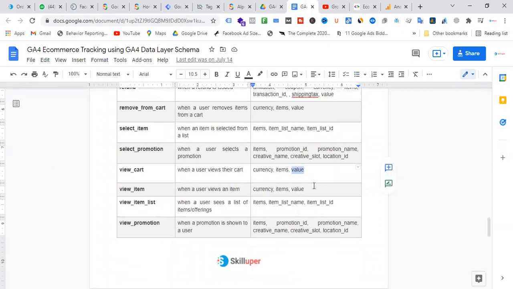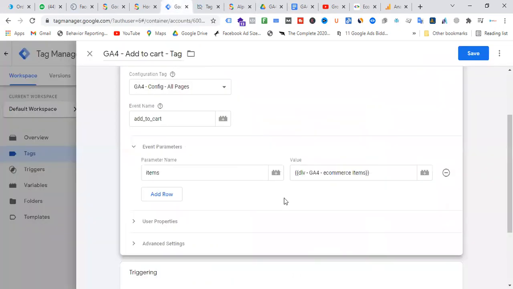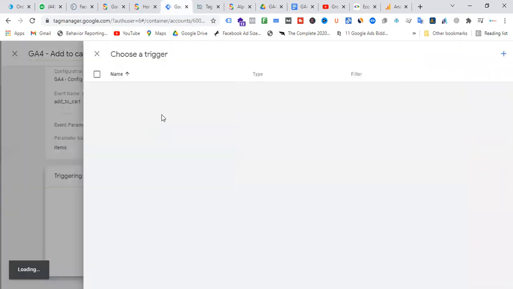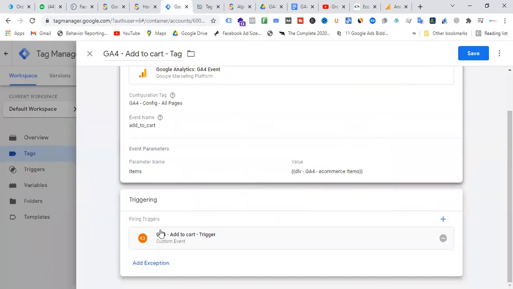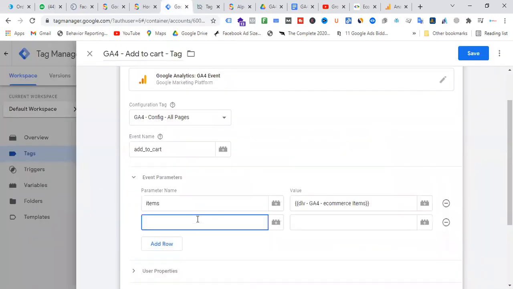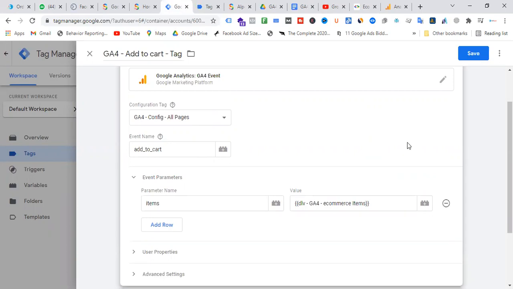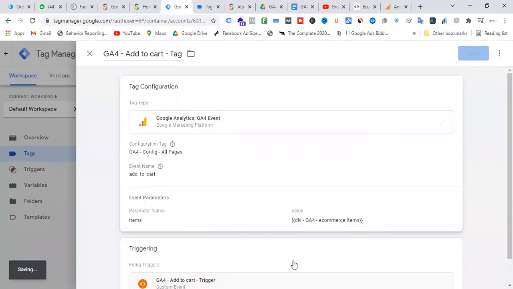We can also do that. How? I will show you. So the trigger will be GA4 add to cart, and we can also pass currency. I will show how to do that.